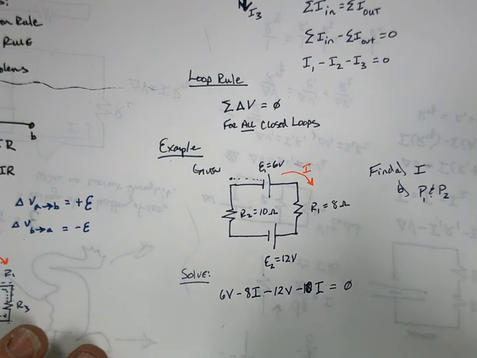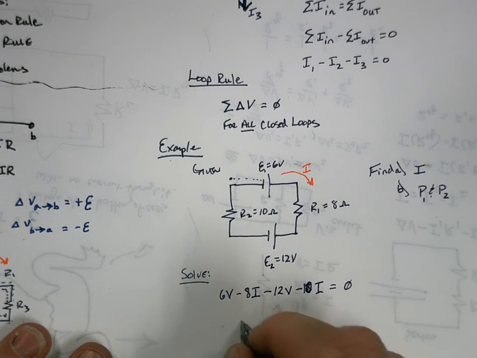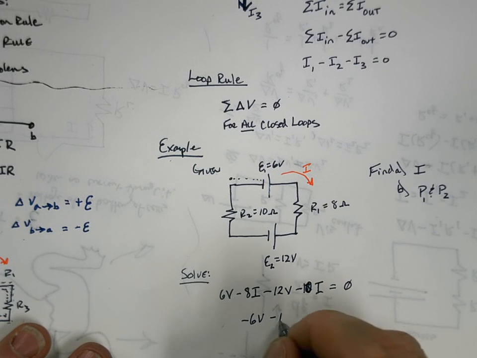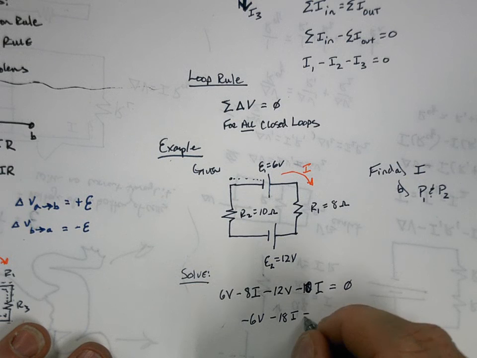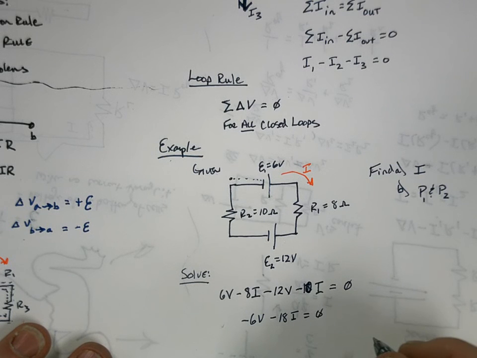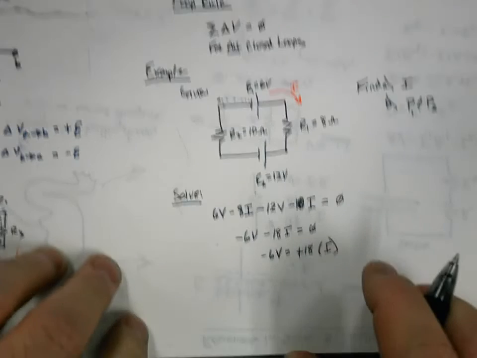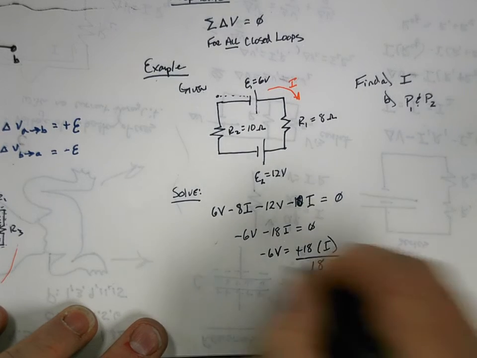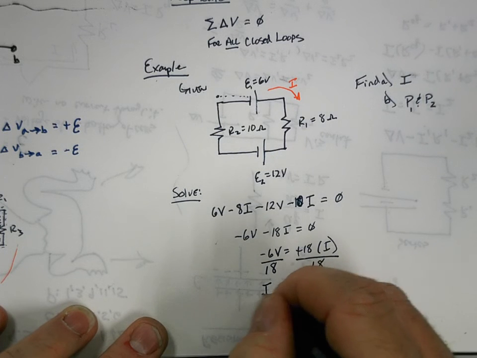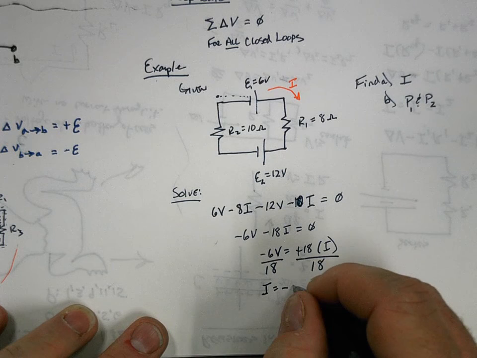All right, we can actually solve for what our current is. So we're going to get negative 6 volts minus 18I equals 0. So I is 3. Oh, no, negative 3. Wait, is it? Oh, I'm sorry, positive 18. So it's 1/3. So our current equals negative 0.33